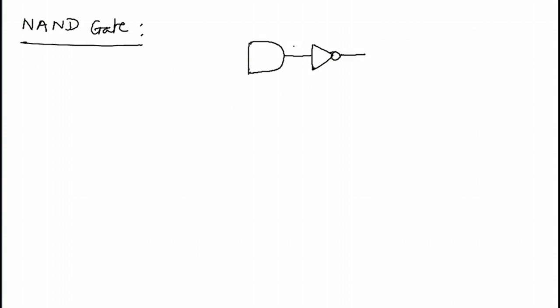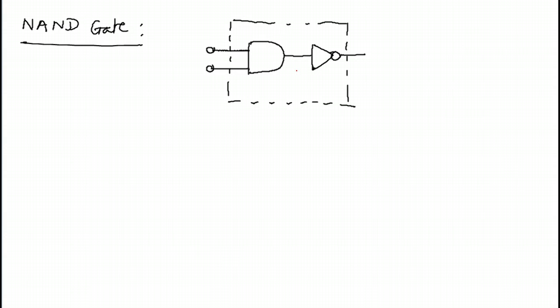So it means that the output of the AND gate is given as an input to the NOT gate. Now the overall NAND gate could have two or more than two inputs, but for simplicity I am going to assume that there are only two inputs. So this entire structure becomes a NAND gate,